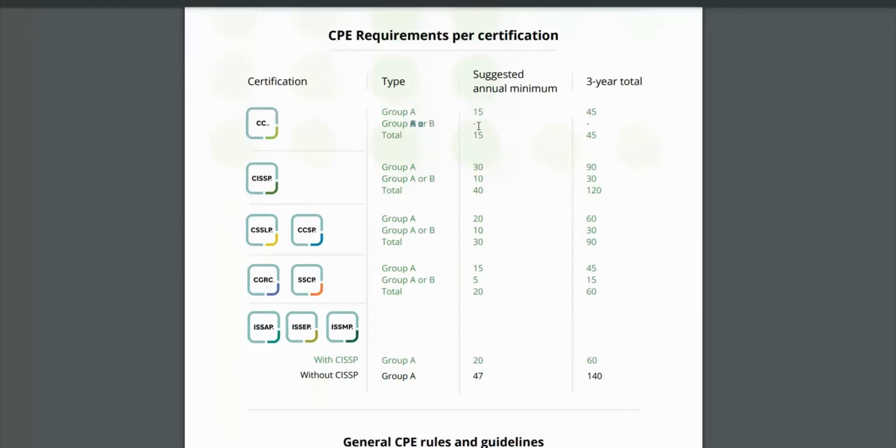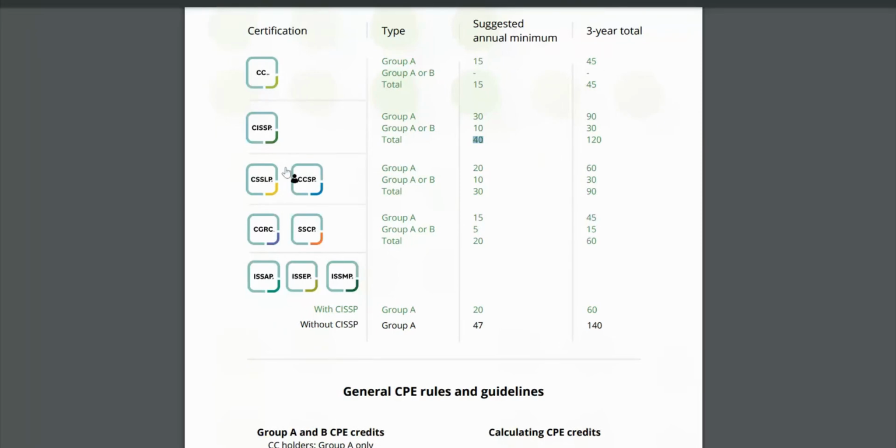So this is a bad example to take because this is nil for it. Let's say I did 50 Group A activities, but I did not do any Group B activities. I can use 30 out of this 50 and then use 10 more, because here it says A. So I can use 10 more, and that would make a total of 40, and then I would still have 10 to carry over to next year. Isn't that amazing?